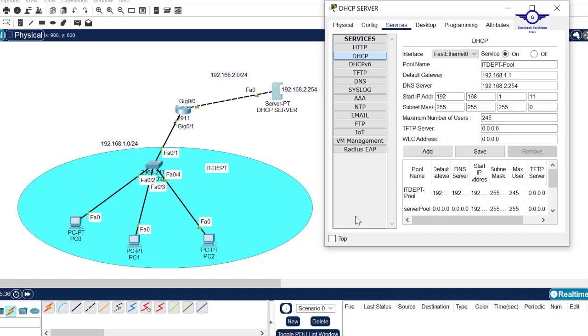How did you end up with this start IP address, the 11? I didn't catch that. And the number of users. Okay, so the number of users is calculated automatically based on your subnet mask. So if you're talking about this 11,